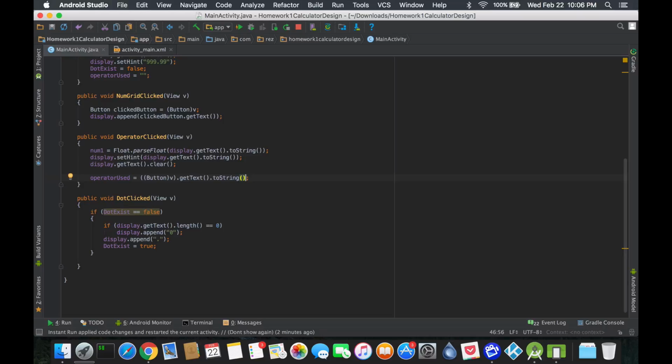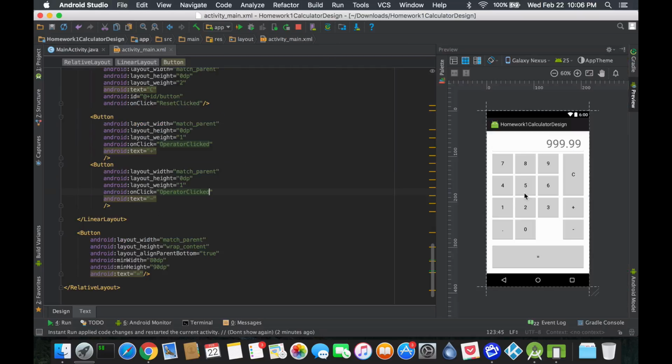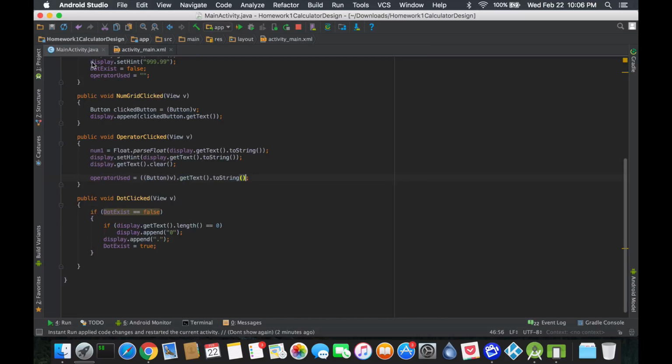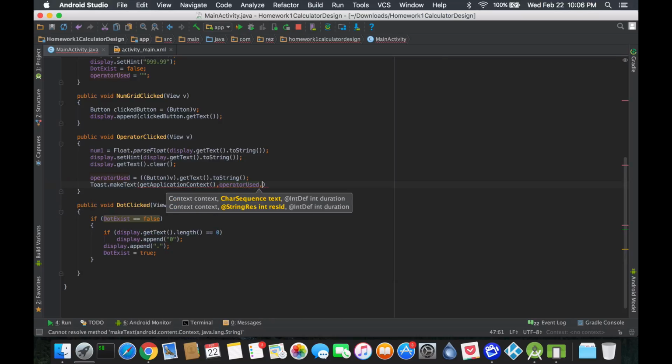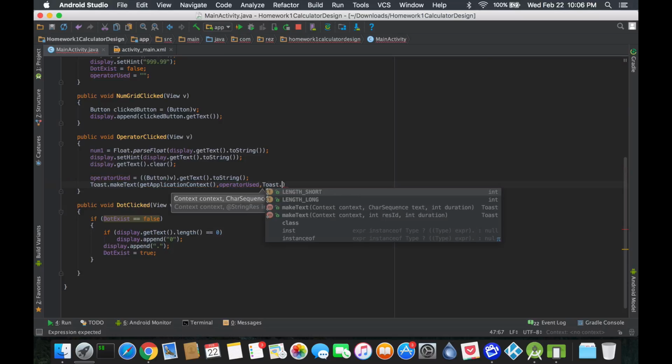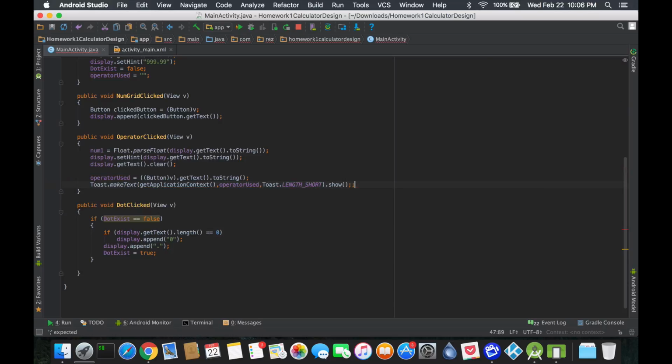Okay, so that's going to get those texts that we see in here, plus or minus, etc., which is really nice. It's super quick. And just to see what that shows, we're going to create a toast. I should probably make a function to make this faster. Get application context, operator used, and for duration we're going to do toast dot length short dot show. If you don't remember toast, go to my video about toast. They're pretty quick, informative, and so on. It's just to give back feedback. So if we run this,